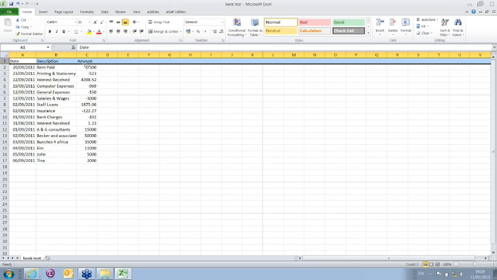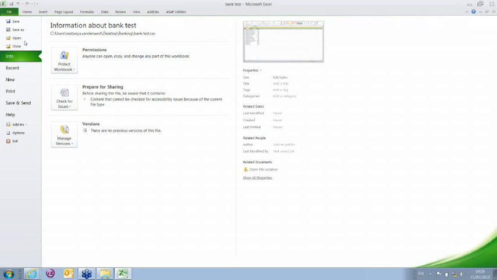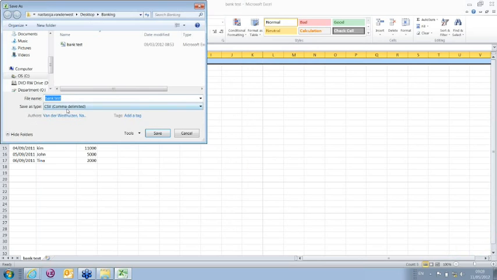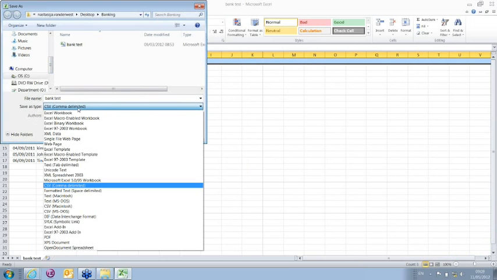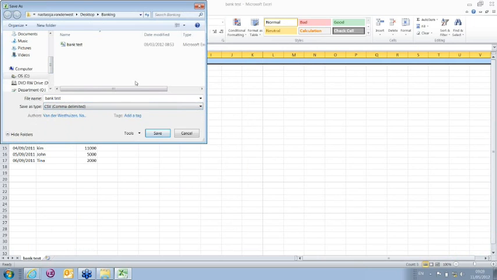So date, description, amount. You're actually going to just go File, Save As, and then ensure that when you're saving that file, even if you indicate the dates, the type needs to be CSV. So ensure that when you're selecting it, it is a CSV, and then you can save it. The system won't import it if you've just selected a normal Excel workbook, so it will reject that. Okay, so once you've saved that,